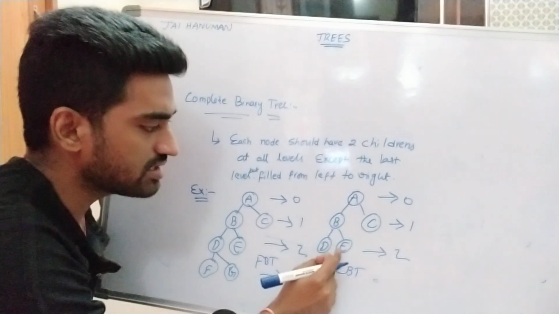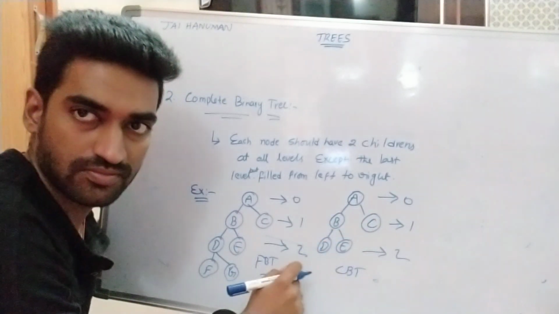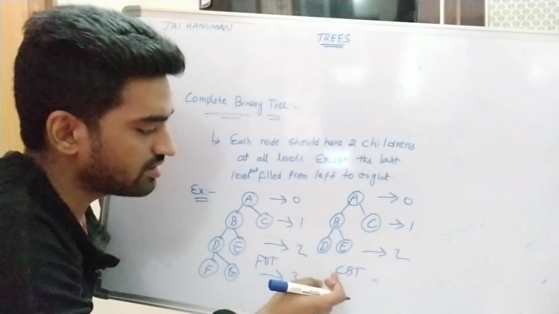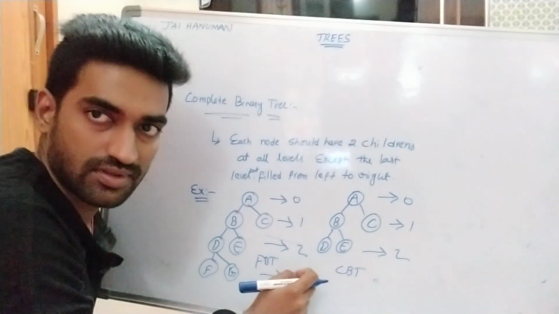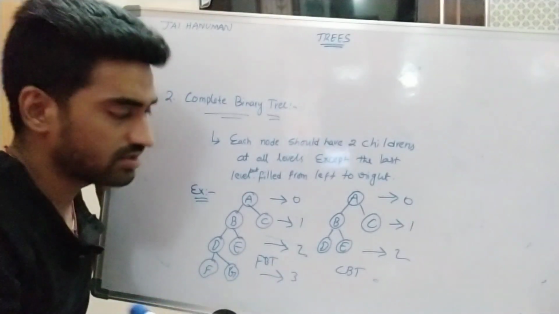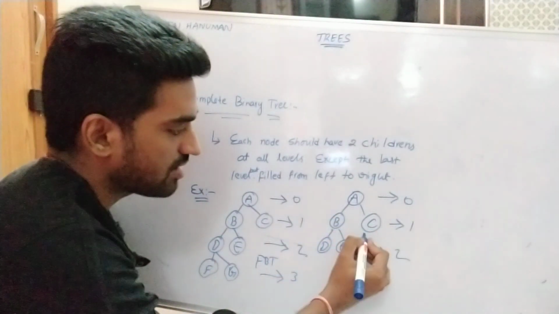It does not contain the last level, right? So that's why this is a complete binary tree, right? So this is a complete binary tree. For suppose I am taking